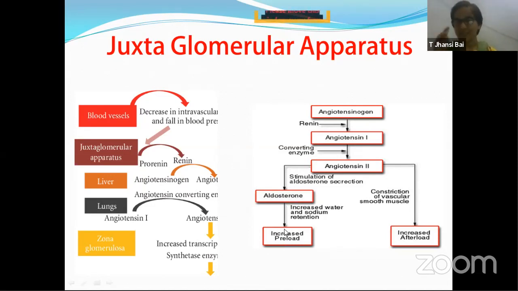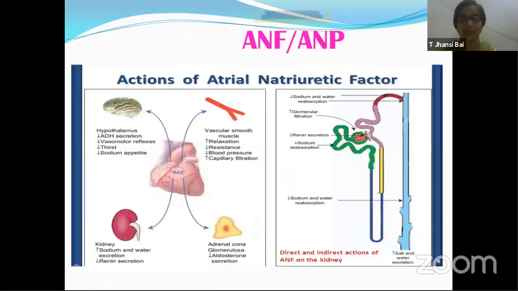In the collecting duct and distal convoluted tubule, they start taking back solute. That is all ions: sodium, chloride, potassium ions. When sodium ions are taken back, obviously water is also reabsorbed due to osmosis. Because of which retention of water takes place and slowly the volume of blood increases. This is the work of the juxtaglomerular apparatus.